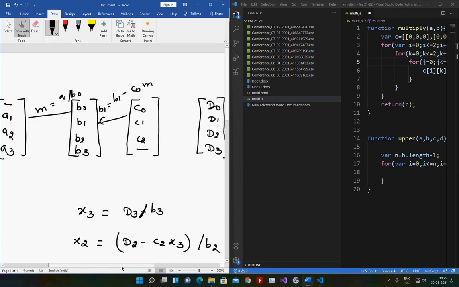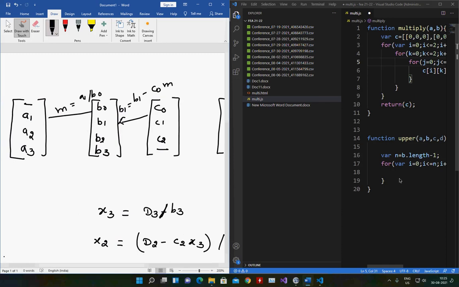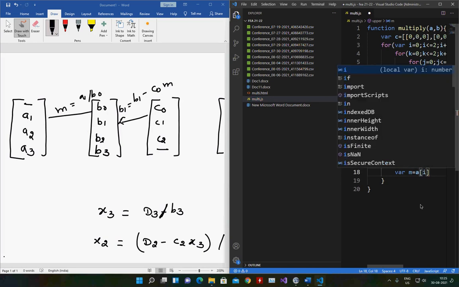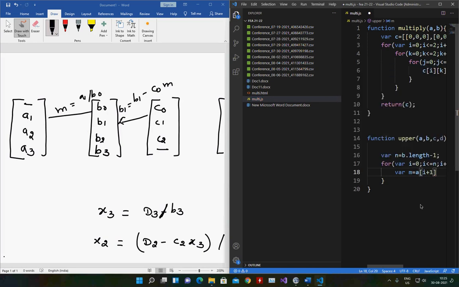So those formulas I have to write it here. So I could write var m is equal to A of I plus 1.